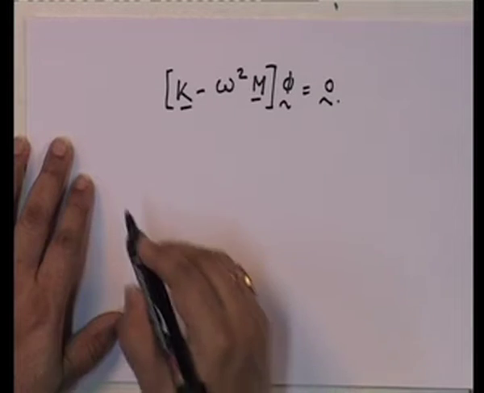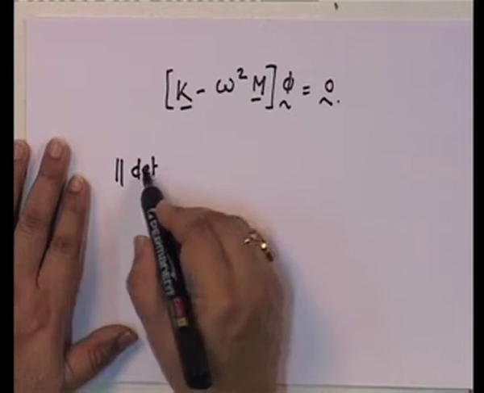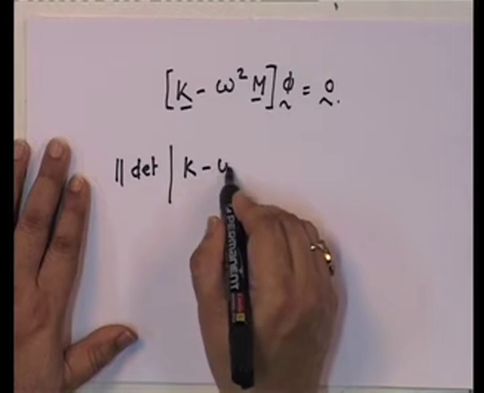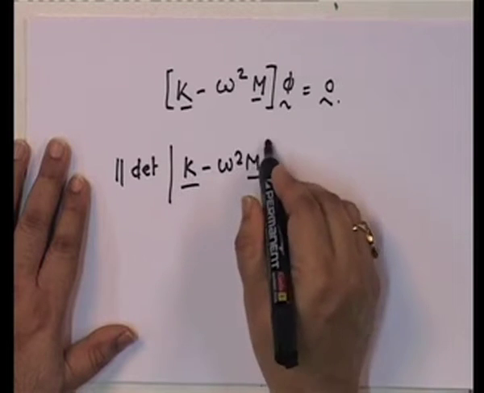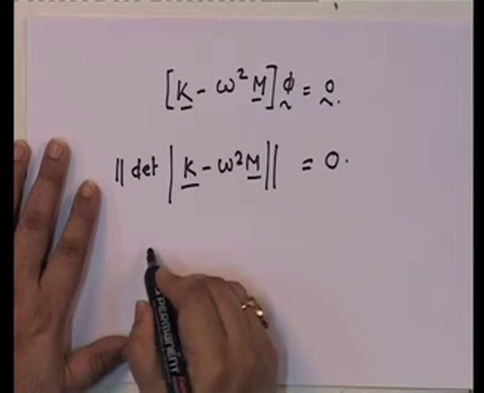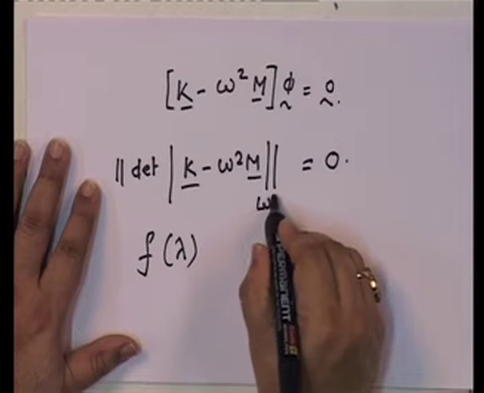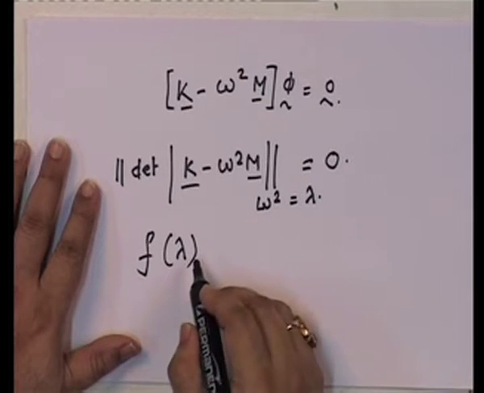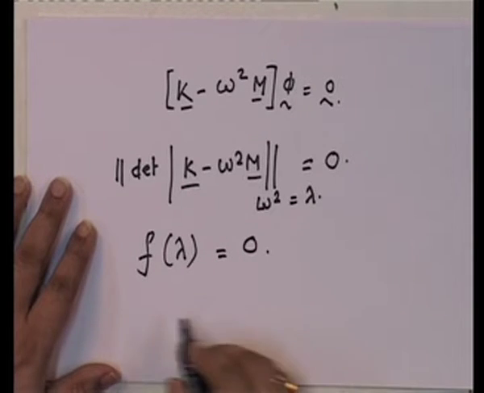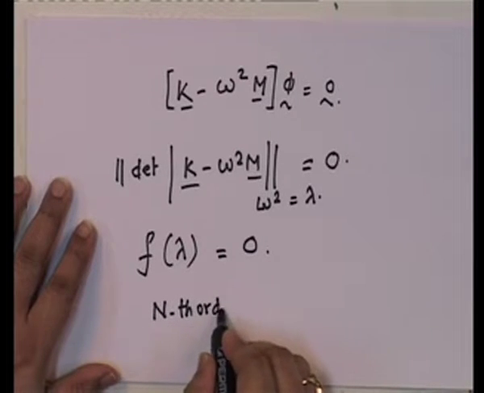And then we saw that the determinant of k minus omega squared m equal to 0 gave, if you put omega squared equal to lambda, basically a function, an nth order